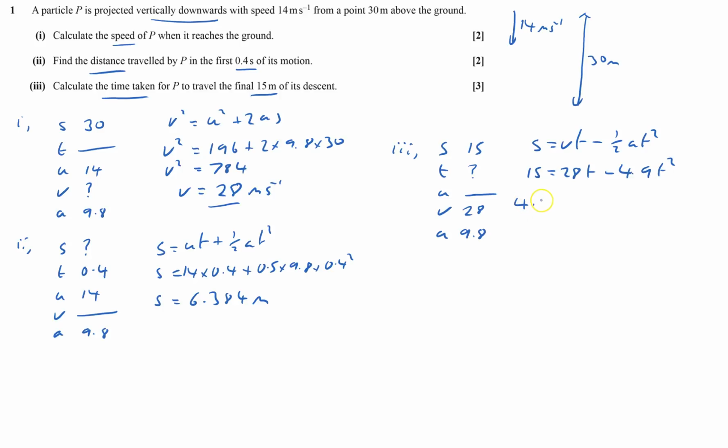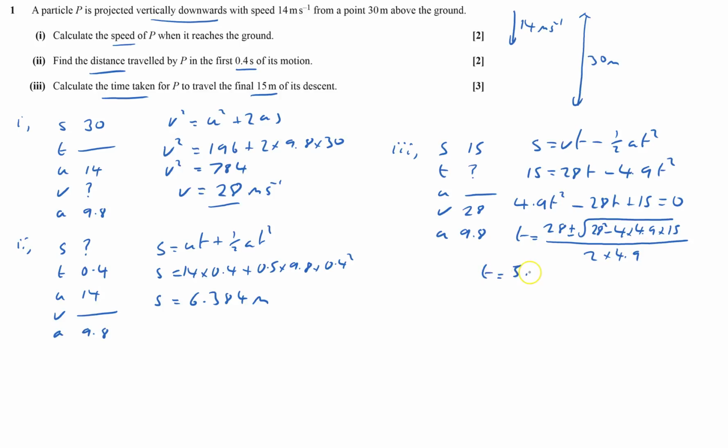Put them all over to one side, so 4.9T squared minus 28T plus 15 equals 0. Quadratic, so T equals minus B, so that's 28, plus or minus the square root of B squared, negative 28 squared, so I'm just going to put down 28 squared, minus 4 times A, which is 4.9, times C, which is 15, all over 2 times 4.9, and that gives me T equals 5.1159, or T equals